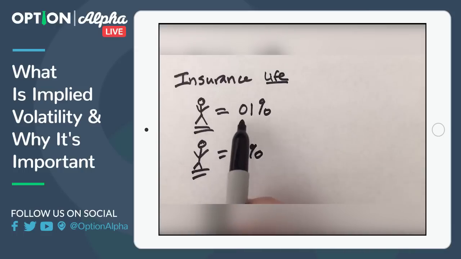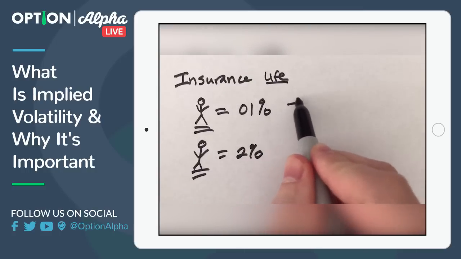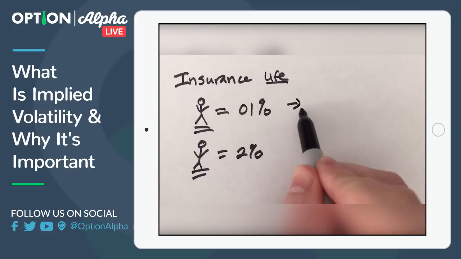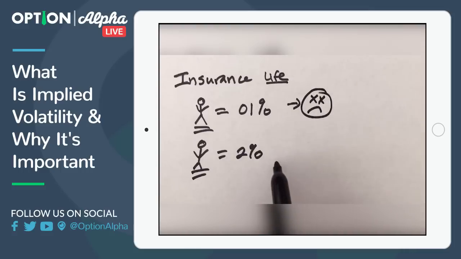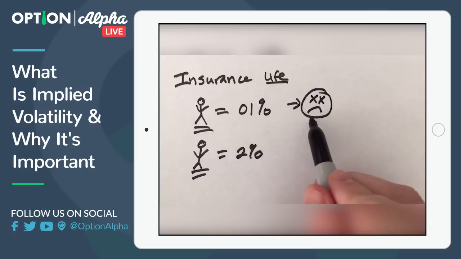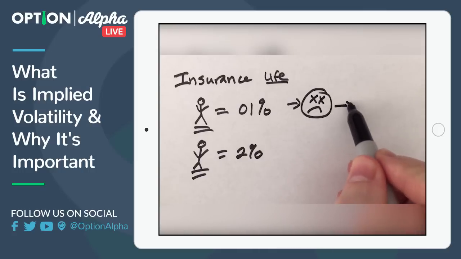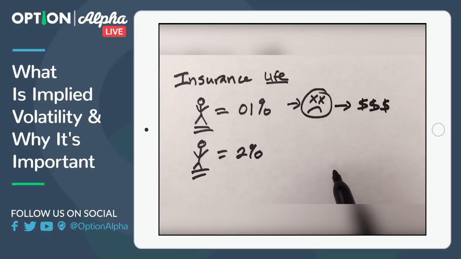Now, if the probability of me dying is 1%, they know that up front. There is a chance right up front that the day after they issue a policy to me, I could unfortunately die. We all know that. Or I could live forever. I could live much longer than they expect, or I could die literally the next day. If I die the next day, then they have to pay a ton of money out to my family